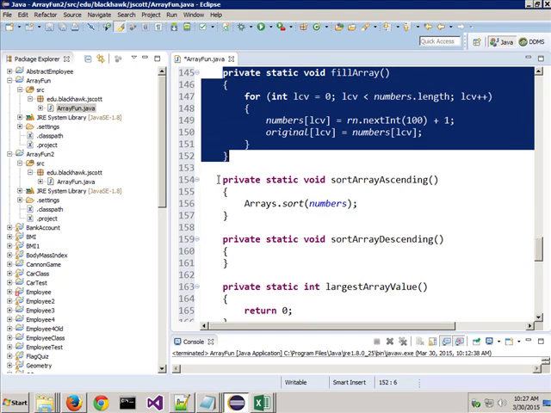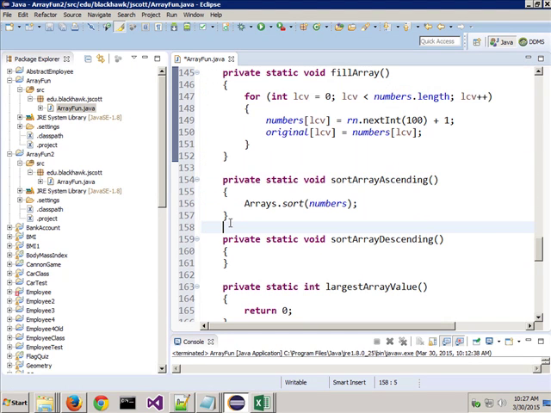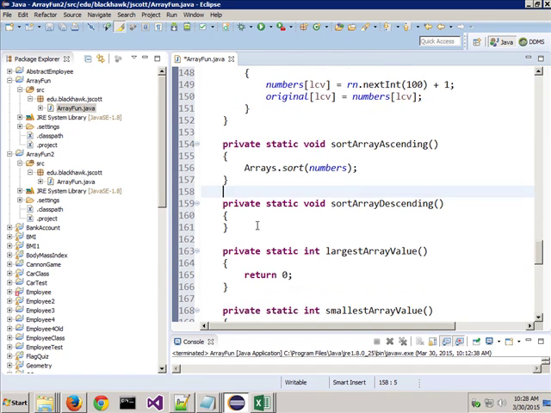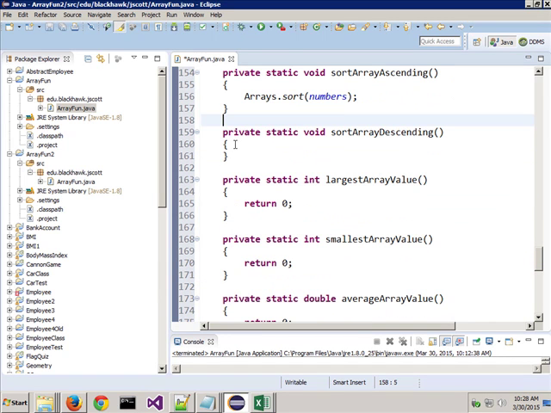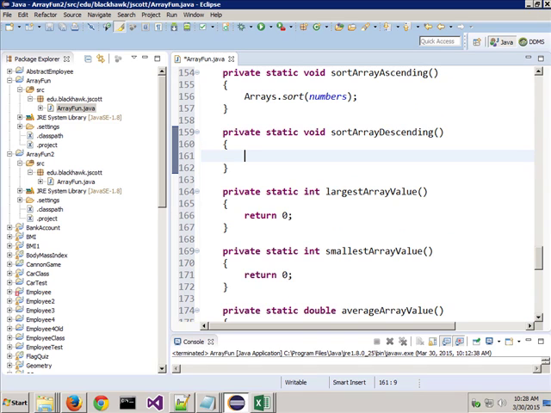All right? No questions then on fill array? No questions on sort array ascending, correct? Then let's jump down to sort array descending. It's a little longer. It's probably about, what, 1, 2, 3, 4, 5, 6, 7 or 8 lines. All right? So